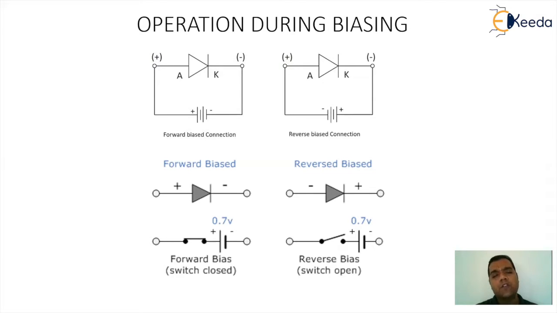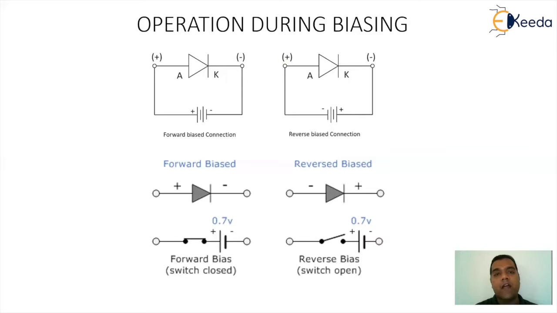What happens because of this? We have two types of behavior, forward biased and reverse biased. Under forward bias, the diode works like a closed switch. This implies the diode will go in the on state, and also that the diode will conduct. But in the other method, the reverse bias connection, the diode under ideal behavior doesn't conduct at all. This implies it will work like an open switch.